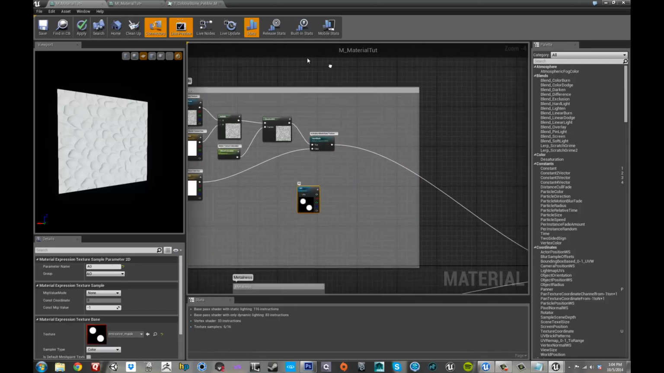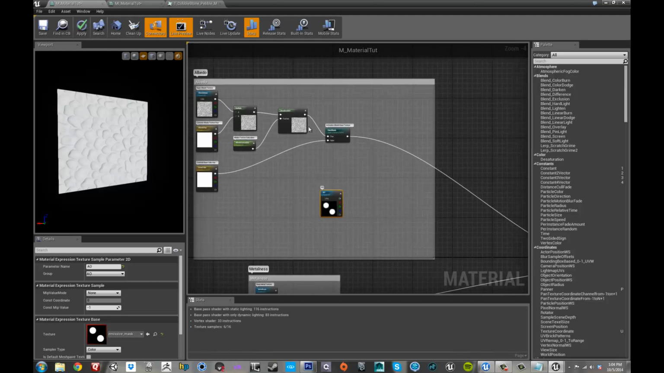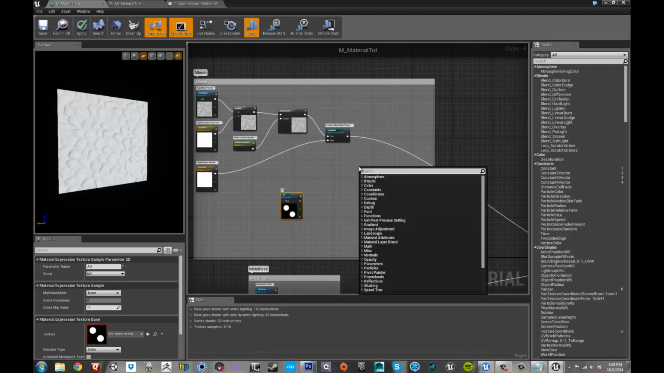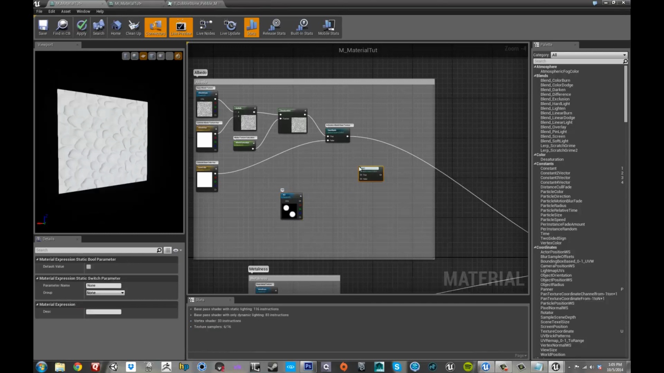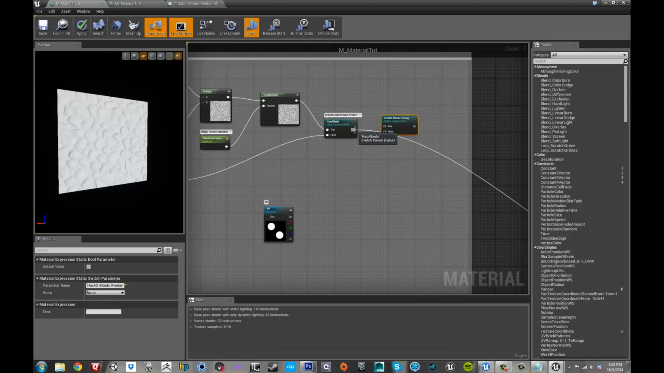Okay, and what we can do is we can begin to multiply this on top of there, but we don't want it to happen by default. We want it to happen with a switch. So let's go ahead and take a static switch parameter, and let's call it Has AO Albedo Overlay. Alright. So if this is false, then we just want to plug in our normal and before we do